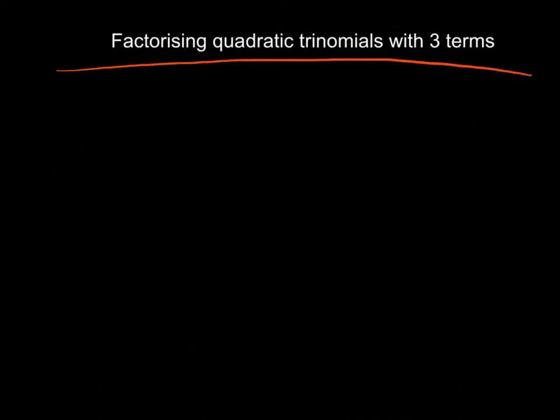What about when I have a trinomial that has 3 terms in it? So there are 2 things I can look at. I can either look at it and try and factorize it using the cross method, and the cross method is most useful when I don't have a monic. It's more useful when I've got a multiple in front of my x squared, and so that of course just means that I look for the factors. So this is the cross method,